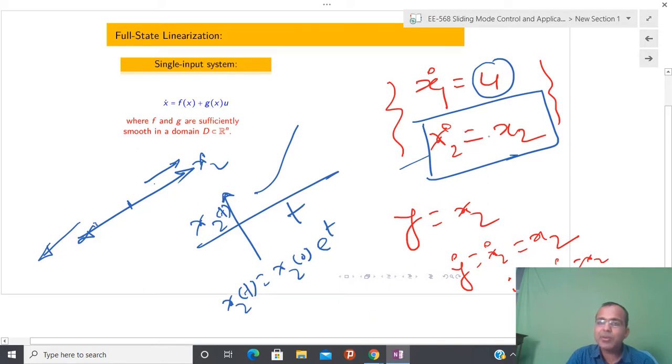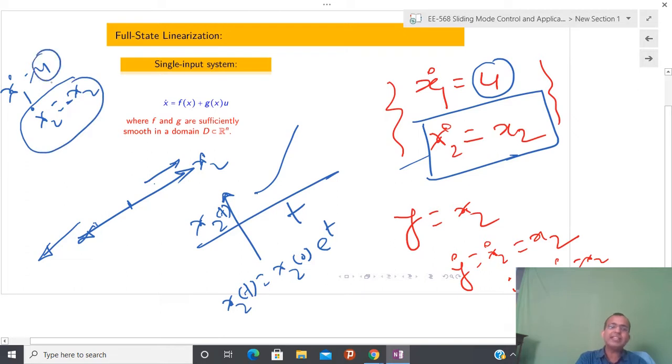Suppose now I create some other system with a negative sign. So do you think this system is stable or unstable? Stable. So this subsystem is stable. Now I can design some kind of stable control, or if I just control x1, then the system becomes perfectly controllable, because whatever remaining dynamics is internally stable. But if the remaining dynamics is not internally stable, then things become not so simple.